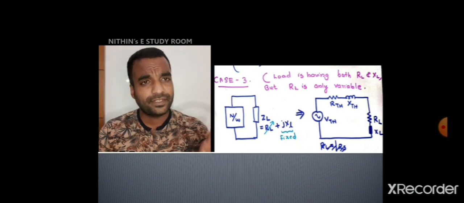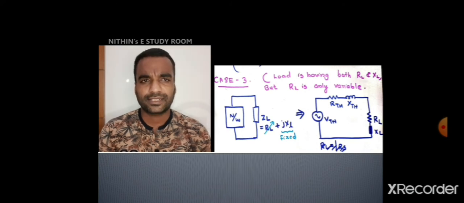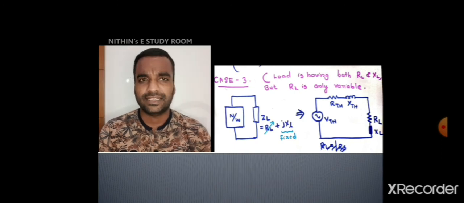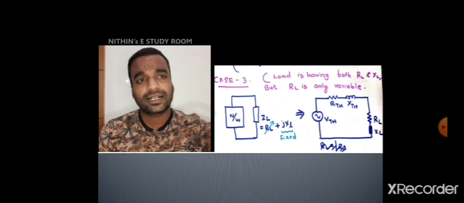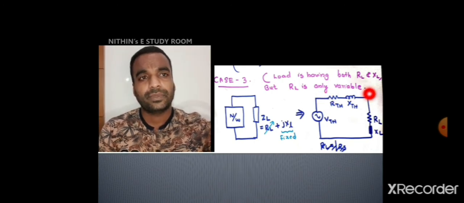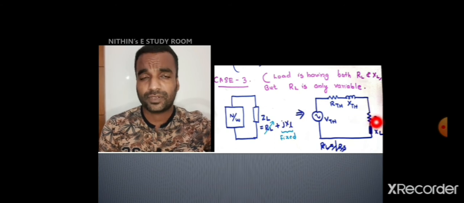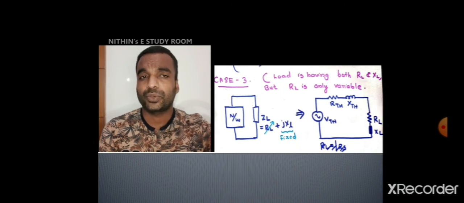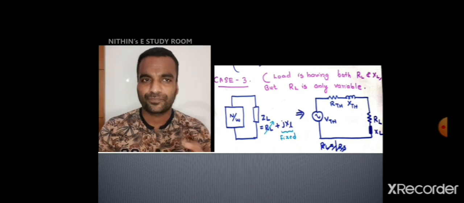Not only plus J, if it is a capacitor, you have to use minus J also. Anyhow, for the time being, we are assuming it as inductive. So R Thevenin plus JX Thevenin plus RL plus JXL. So you will get the current through the circuit. Now, the current is passing like this. But the power you want to calculate only for the RL, because active power in the load is equal to I square into R. So you have to calculate I RMS square into RL for the value of maximum power. I hope it is clear now.